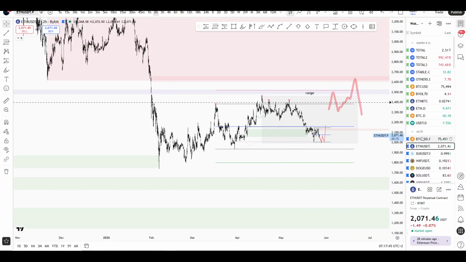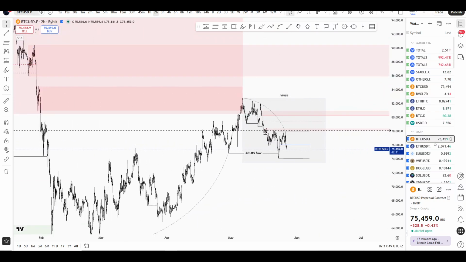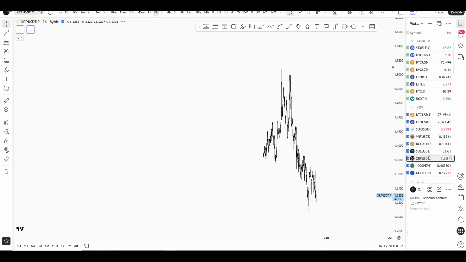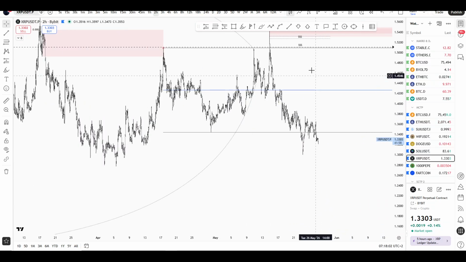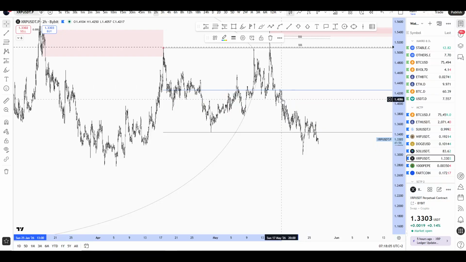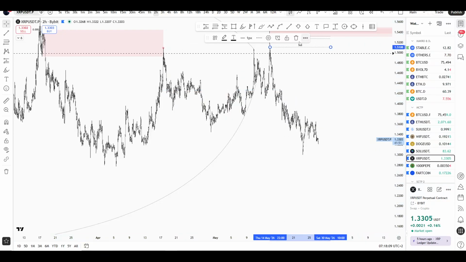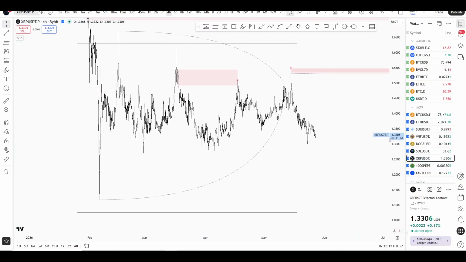So I would love an idea like this, same as Bitcoin above here. I would love it, but we will have to see what we will get. But this move up will get us so many entries on other pairs. XRP here is the same. We got a very slow move down on this distribution idea. And basically we are within